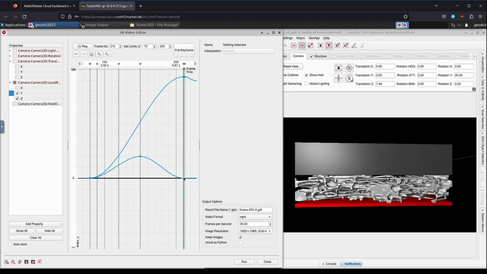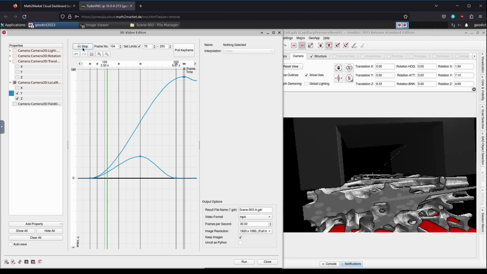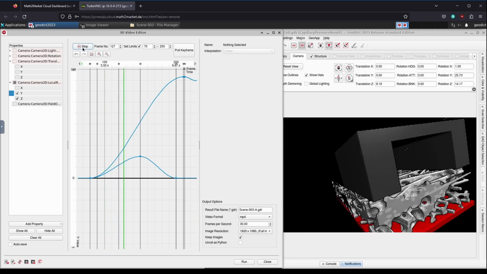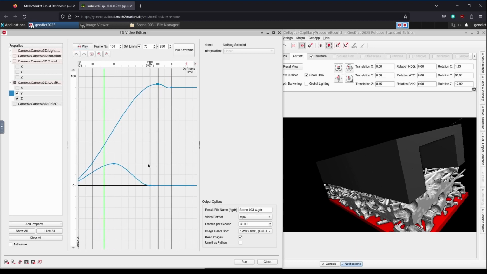We move the control point on frame 210 on the Z-axis another 10 frames to the left to frame 200. And then play it again. So far, so good. If you want to do a little diligence later, you're welcome to add an override of the movement on the Z-axis. For now, we take this and save.